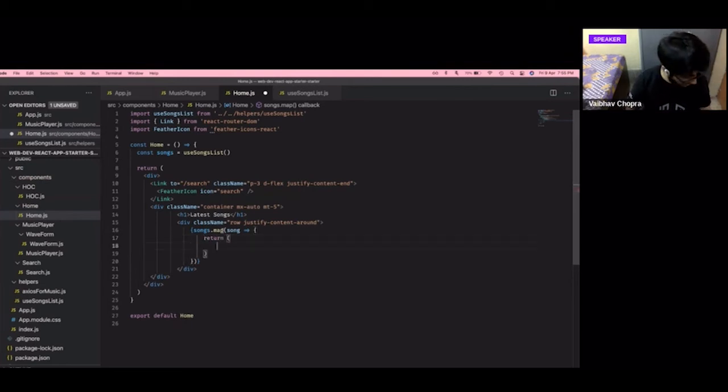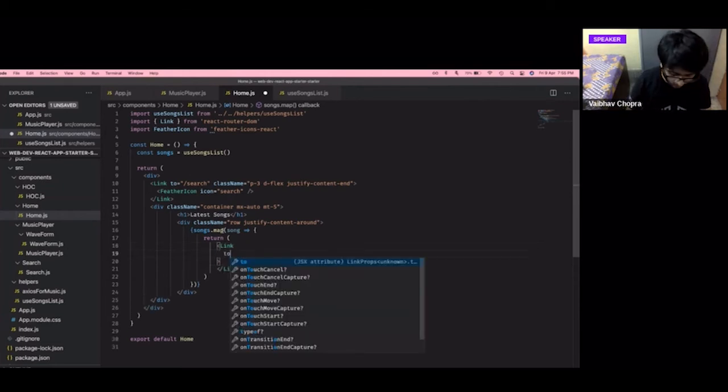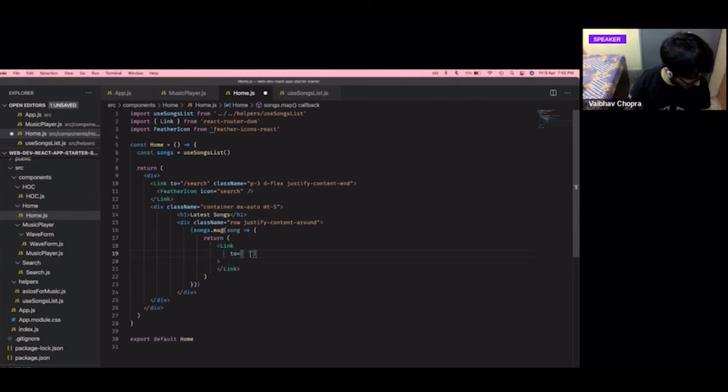Okay, what are we returning? We are returning a Link. Like I said, we have to return a hyperlink, because every time you click on any tile of that music, it should take you to the corresponding music player. So that's why we are having a Link here. And where should that link go to? It should go to backtick play dollar song dot underscore id. Why do I write underscore id, like song._id? Because we have to convey somehow what is the id of that particular song that we want to play to that web page. Okay, so this is the way we do that.